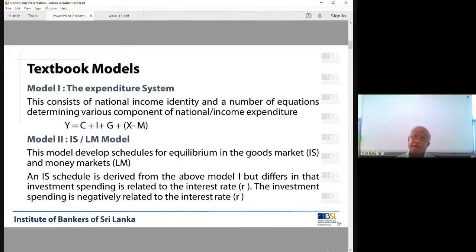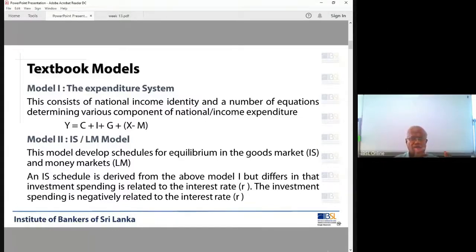Then what will happen? The higher the interest rate, the higher the lending rate, the higher the overall interest rate, if you are an investor, you are discouraged. You tend to think negatively. Oh, the cost of funds will be very high, so I don't want to invest. I don't want to get this loan at this interest rate. I might postpone this investment for another 2 or 3 years. Or if you are already in business as an investor, you might cut down your investment. Okay, I don't have money, and I don't want to borrow money from the bank at a very high cost.